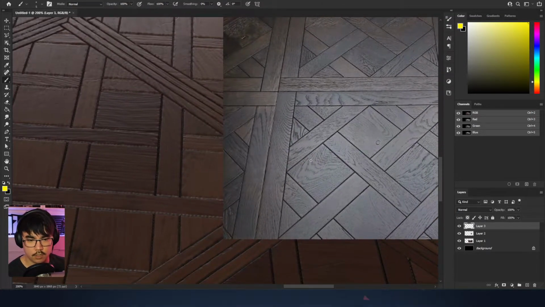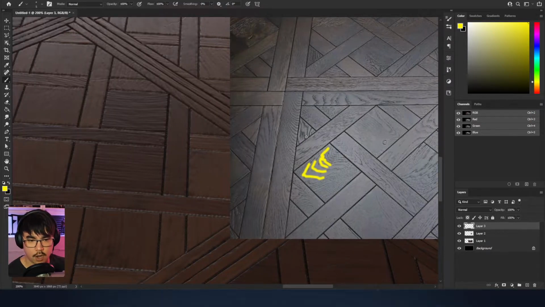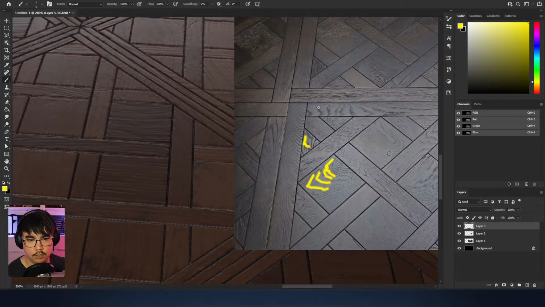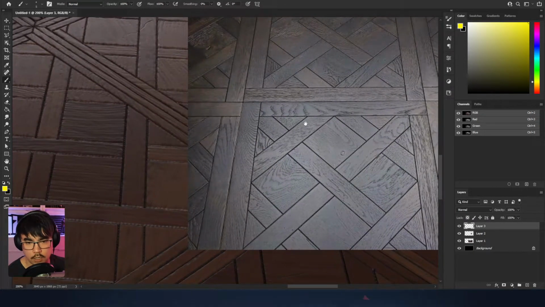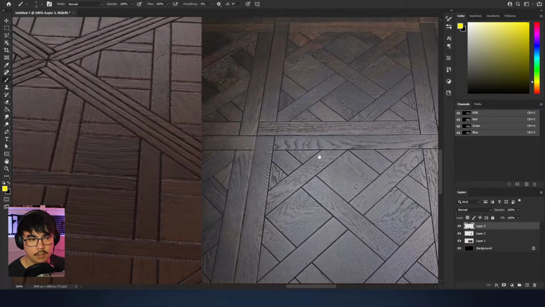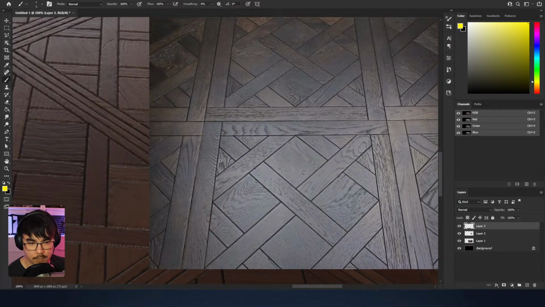Try to match those. Now the grain, like I was talking about, you could try bringing in a different roughness to help you emphasize this, so that it's not all of the normal map doing the work. I would assume that when you do it with a normal map, it's gonna